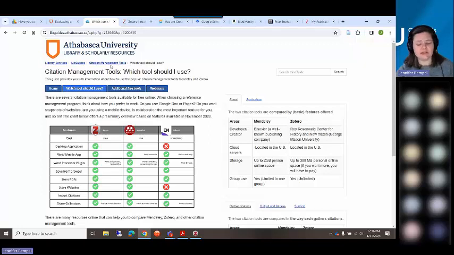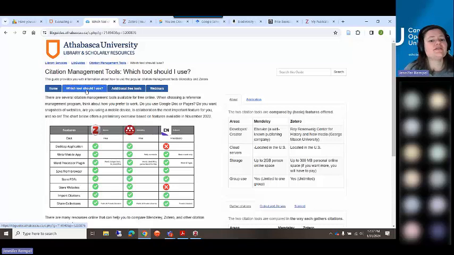Zotero and Mendeley are quite similar. This presentation will go over Zotero specifically. I believe we have some older webinars on our YouTube channel that cover Mendeley as well, but they're pretty much the same. So if we're going to be looking at Zotero, the first thing you want to do